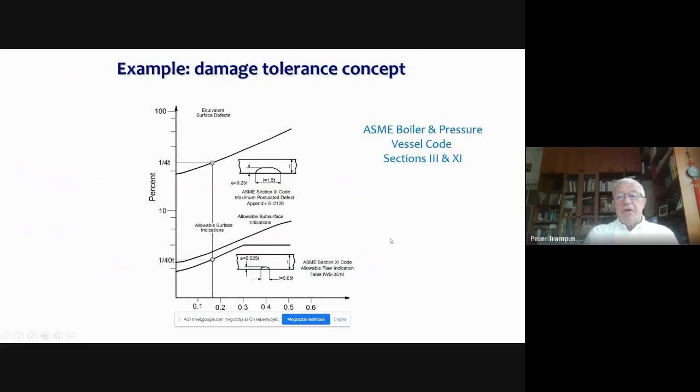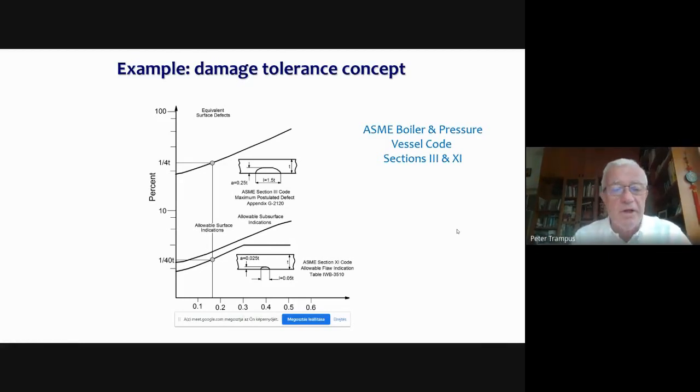This is an example from the world's leading boiler and pressure vessel code, which is the ASME code. Section 3 is the construction code for nuclear plants, and Section 11 is the in-service inspection code for nuclear facilities or nuclear components.